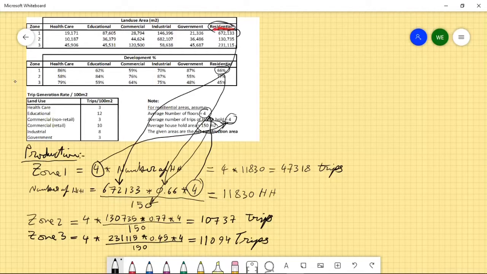Okay, so we are now done with the production. Let's now shift to the attraction. Okay, so the attraction,